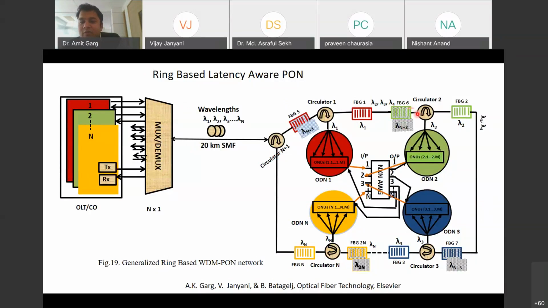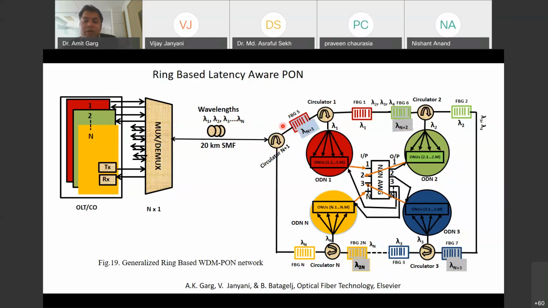Basically, in this ring, the wavelengths that are transmitting in the downstream direction are provided to some particular node. Suppose lambda 1, lambda 2, lambda 3, or lambda n is coming at this point.